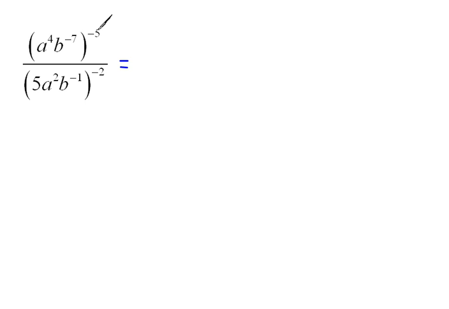A to the fourth to the negative 5. Remember, power to power, you multiply. So that would be a to the negative 20. And then b to the negative 7 raised to the negative 5. Again, power to power, you multiply. So that would be b to the positive 35th over,